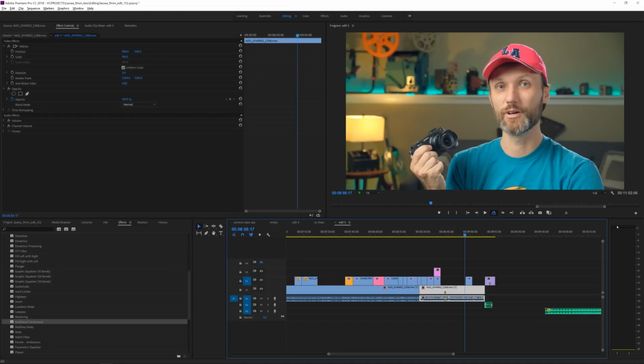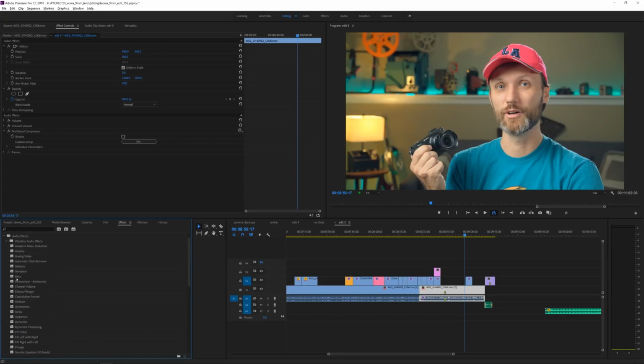So you want to go around -3, but you also don't want it to go too low, because then people who are listening on different kinds of headphones or speakers might not be able to hear it very well. You want the vocals to be in that range. The best way to do that is to apply a simple effect called multi-band compressor. I'm just going to drag it onto my audio, which in Premiere you can find in your effects panel under audio effects, and it's called multi-band compressor.